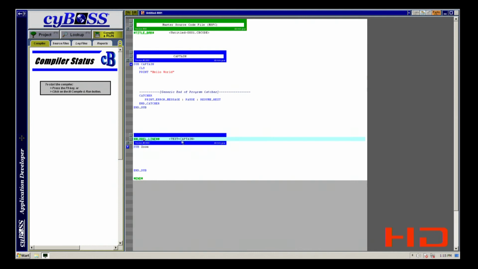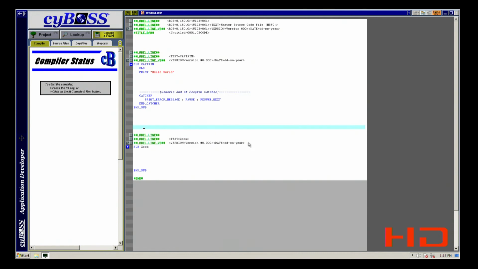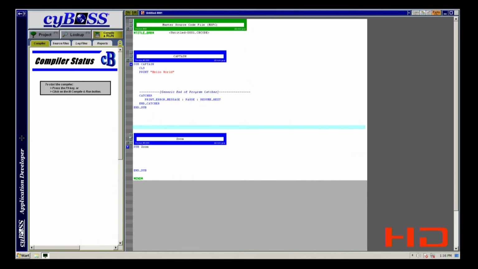And you do not have to have the headline. Again, this is all documentation. I'll get F12 to see this. All of this is just documentation. It doesn't have to exist, but it makes it easy to find the beginning of a subprogram. It also makes it easy to snap a version number on there and have the date every time you make